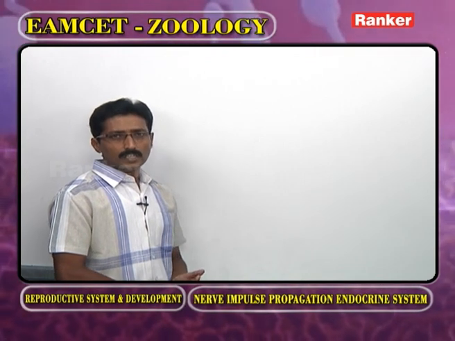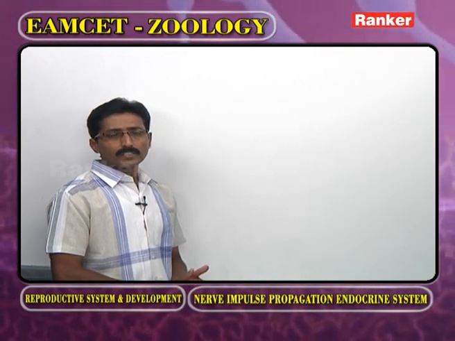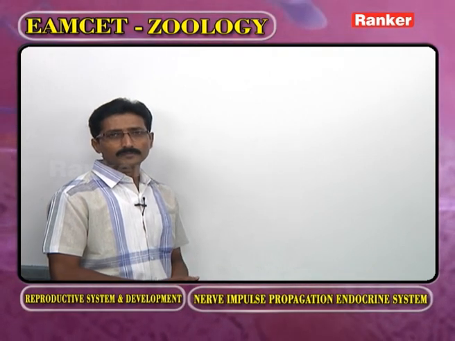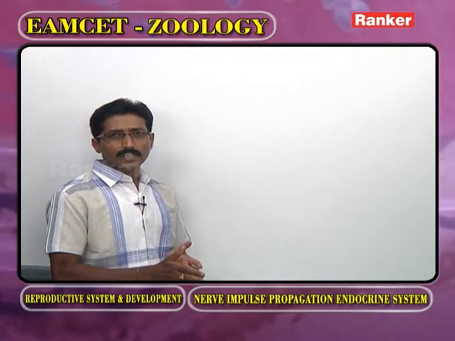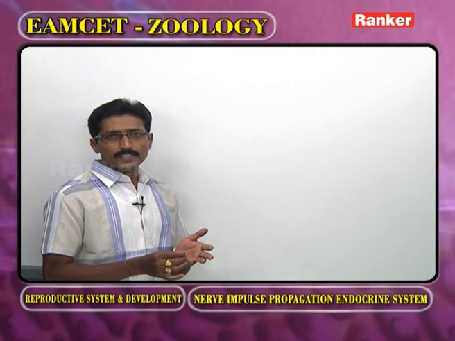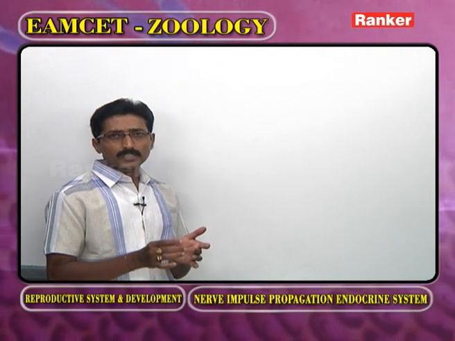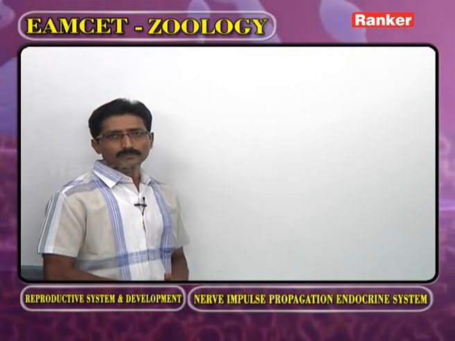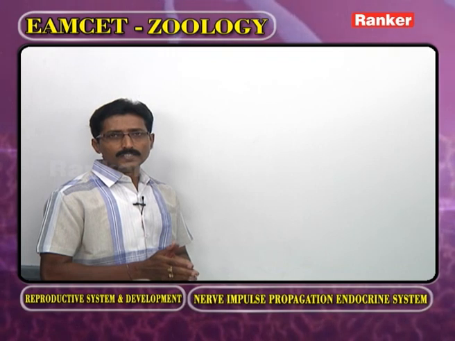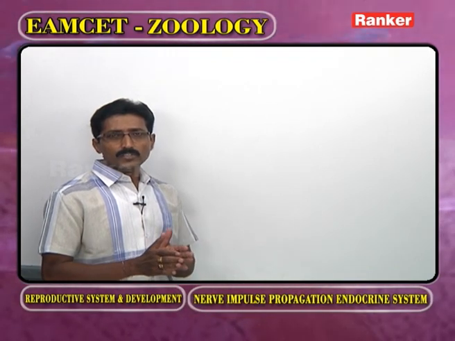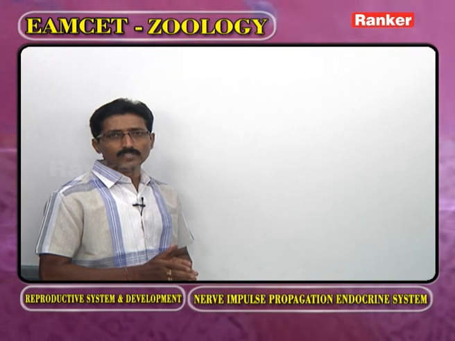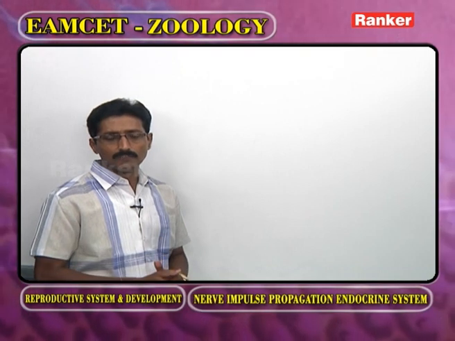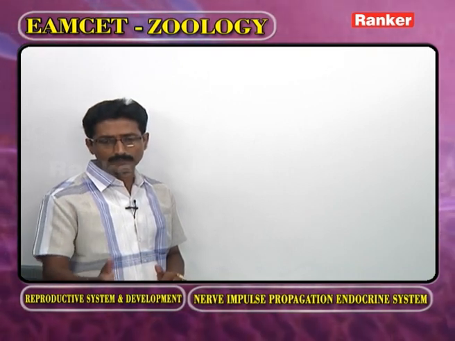Students, in the last class we completed the respiratory system, muscle system, skeletal system, etc. Now we are discussing the remaining part, that is the excretory system, the reproductive system, development, nervous system up to the endocrine system. Now we have to discuss each and every question. As usual, regarding each and every question we have to discuss some important bits. Now first of all we have to observe the first bit regarding the excretory system.